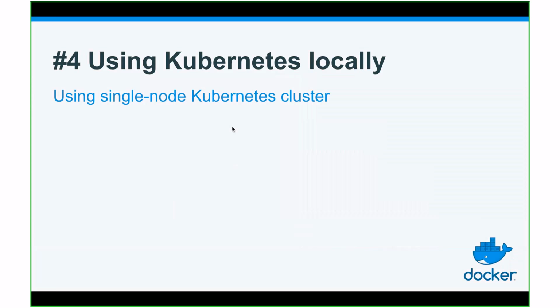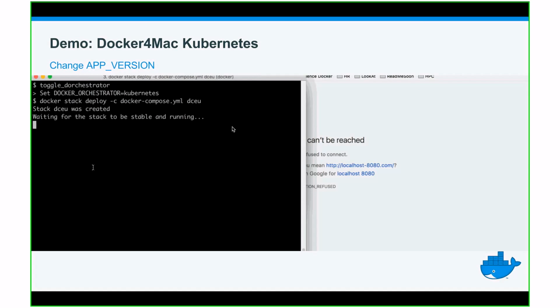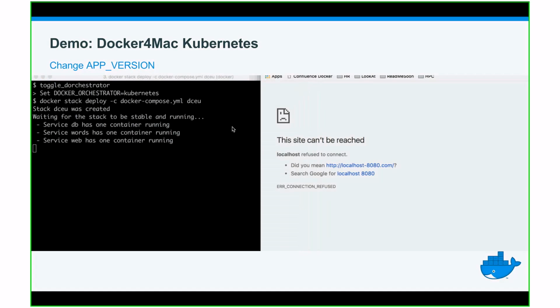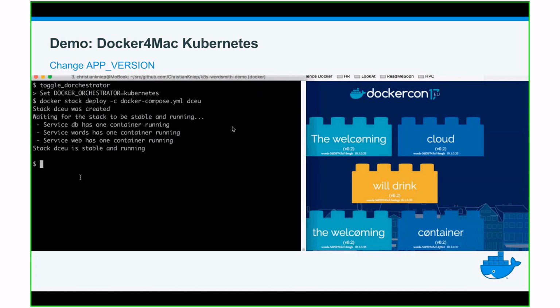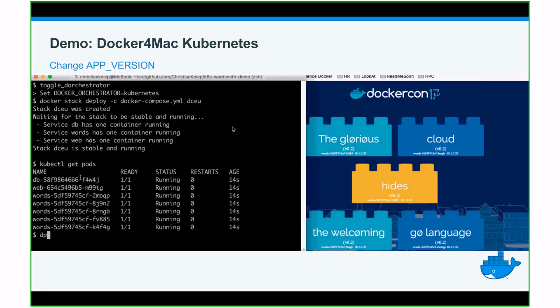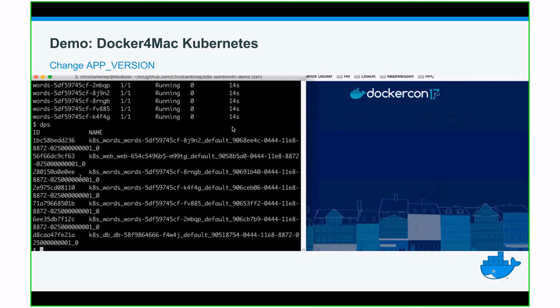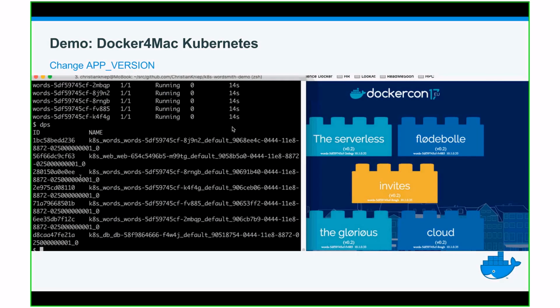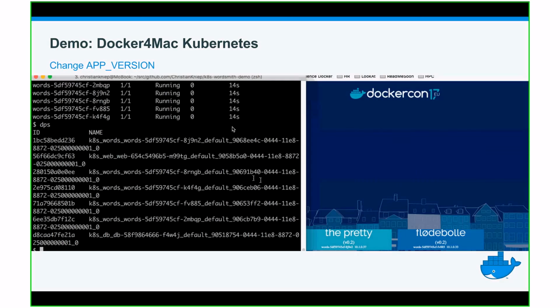And now with Docker for Mac and Docker for Windows, you can use single node Kubernetes yourself, like Minikube, but without Minikube. And it looks quite the same. So I toggle my orchestrator with this environment variable, Docker orchestrator Kubernetes, and then I use the same command, docker stack deploy, to not create Docker services, but use the API server, no, not the API server, what is the service name called? Like controller, API controller, something like that. So a special service which everyone can create themselves, which uses some format and then creates the object you need to create in order to make this work.